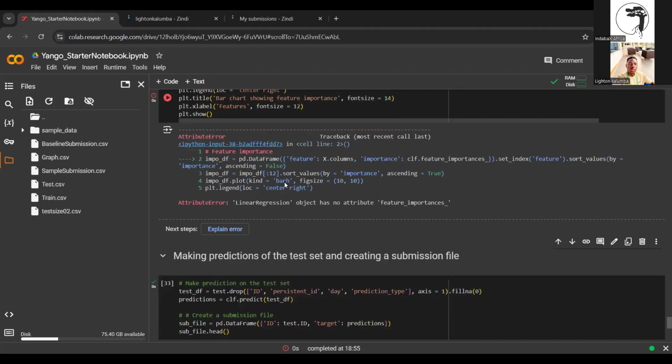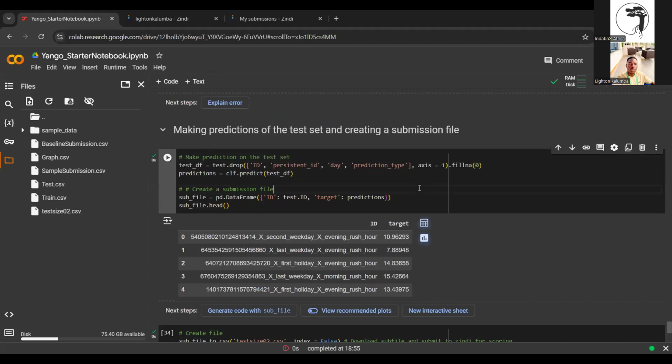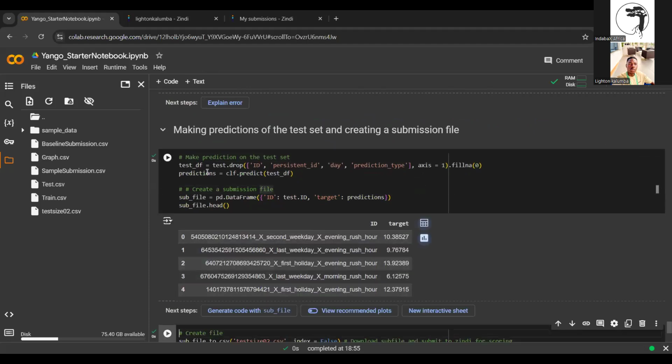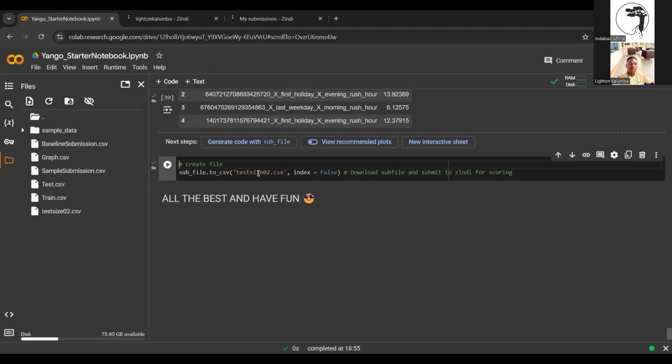Linear regression has no attribute for feature importances, but in this case, our main focus is trying to get the submissions. So this one we use linear regression, so we can just change the name of the file